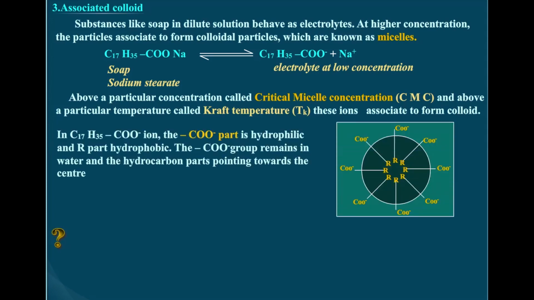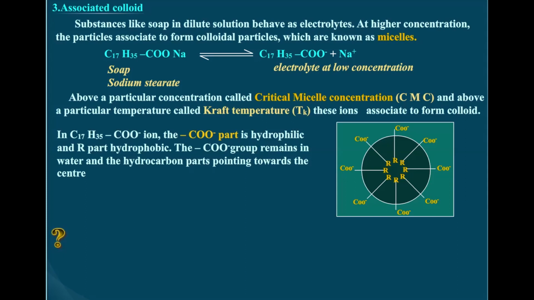So here you can see a soap. When you take an example of a soap, the major component, when it is dissolved in water, as I told you earlier, dissociates into RCOO- and Na+ ions. The RCOO- ions, however, consist of two parts: a long hydrocarbon chain, which is also called a non-polar tail, which is hydrophobic, that is water repelling. That is, the hydrocarbon chain is hydrophobic or water repelling.